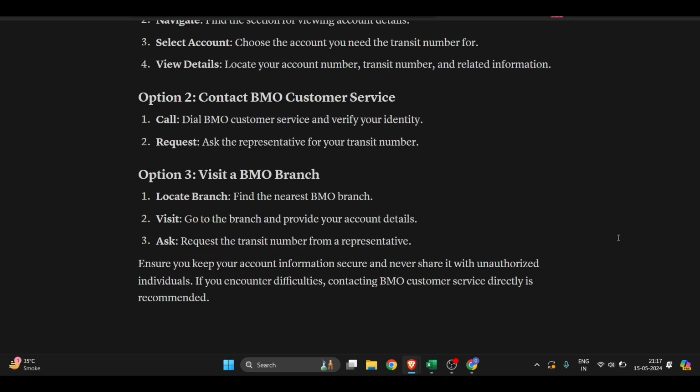And then the third option is to go into a BMO branch. So you want to find a BMO branch near you and speak to a representative during work hours. And I'm sure you might need to bring some identification, so make sure to bring that with you just to confirm your identity. But if all is in order, then they should be able to provide you your transit number